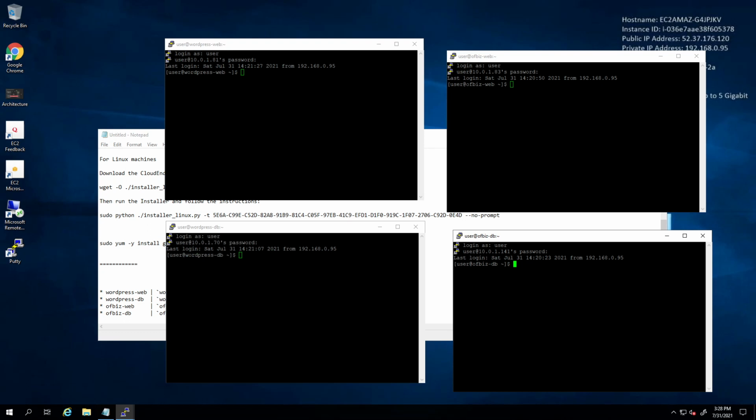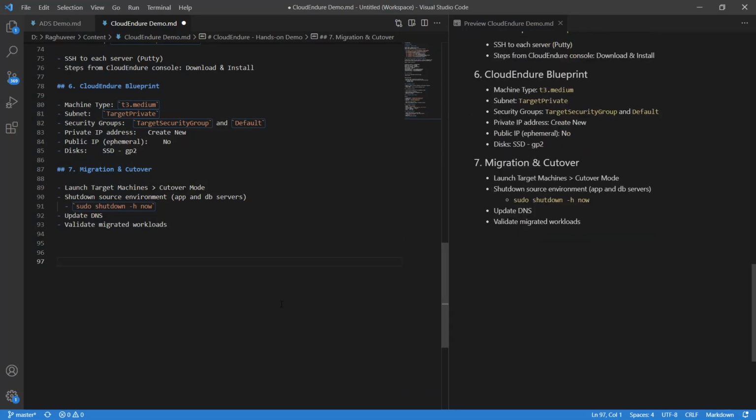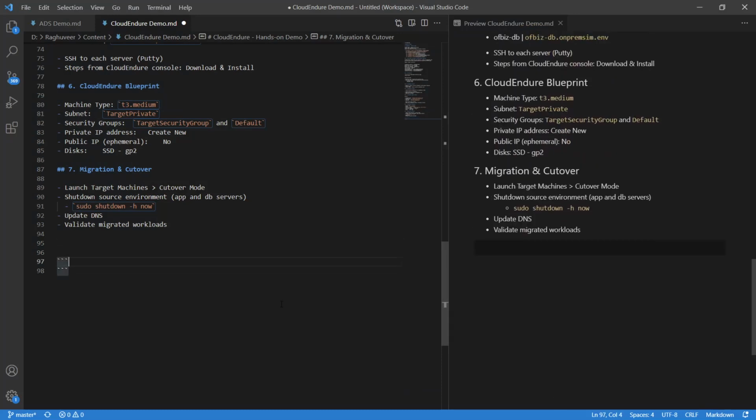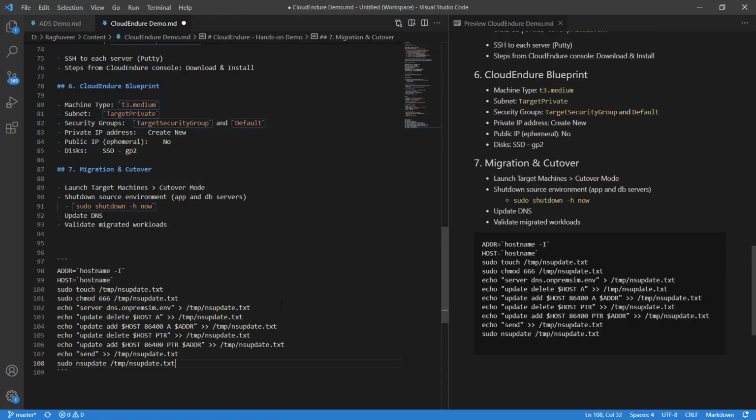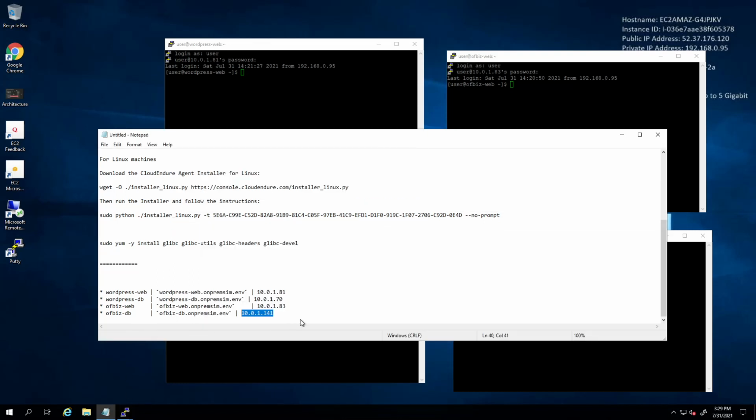Now we run the DNS update command, which I'll share with you. Here is a script. This is the script that we will run in each of the four servers. So let me paste it here for reference.